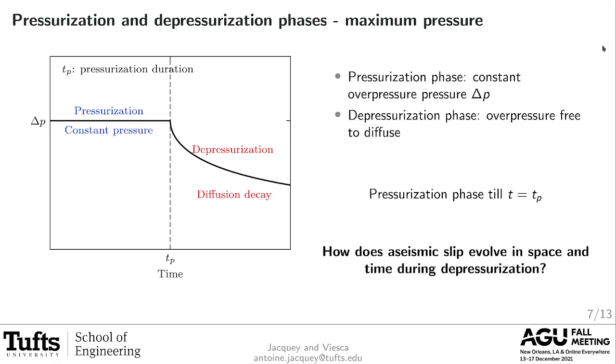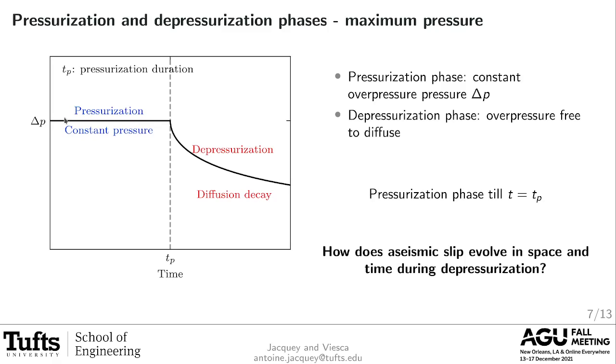So to study the depressurization phase, we design our numerical experiments in the following way. First, we consider a pressurization phase with constant pressure injection for a duration Tp, which is the pressurization duration. After that, we switch off the boundary condition for the system and let the fluid pressure be free to diffuse